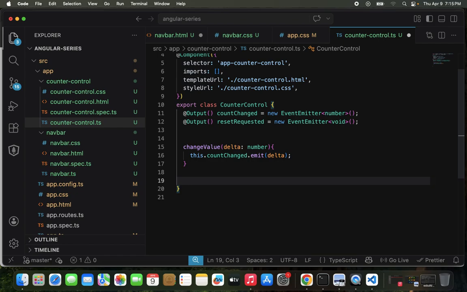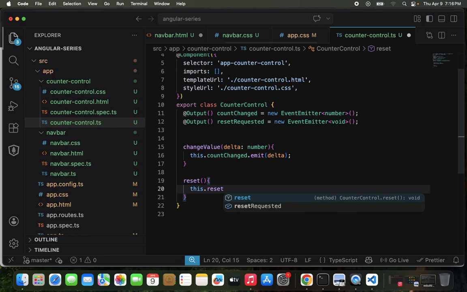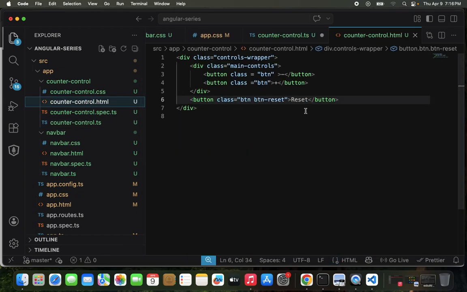So here we're going to have another method, reset, and then this is just going to reset. So this dot reset requested dot emit. So this is going to reset our counter. All right. So since this is a child component, we have to pass it into our parent component, emit this event in our parent component. But before we do that, let's do some business in our template here. Okay, now in our template